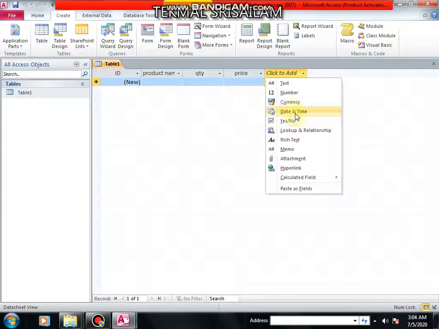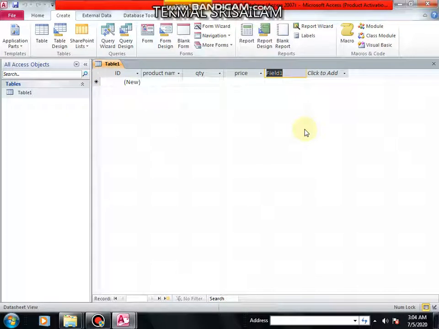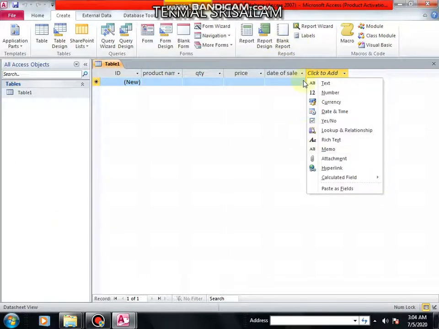Then for date of sale, I am giving the title as date of sale, and the data type I have selected is date and time for this field.